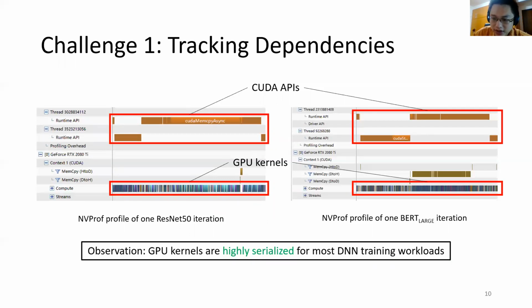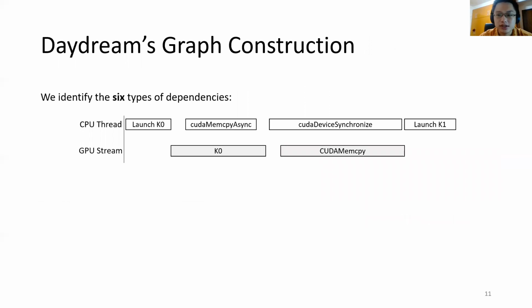But we notice that the GPU kernels in the DNN training workload are usually highly serialized. Such serialization is due to the GPU kernels being mostly compute intensive and hence carefully crafted to fully utilize the GPU resources. And this leaves very limited space for concurrent kernels. This observation actually greatly simplifies our construction of the dependency graph. So based on this observation, we identify 6 types of dependencies that we need to track